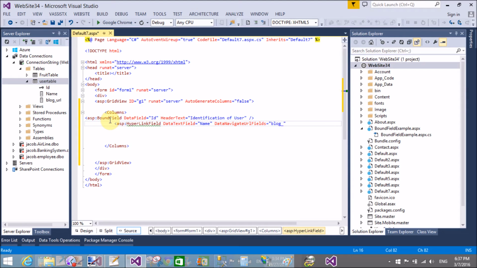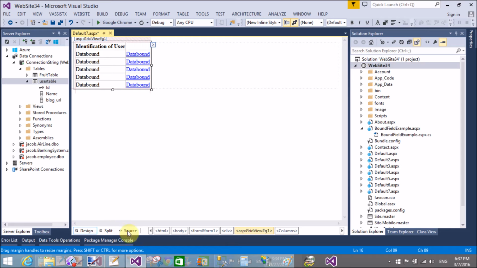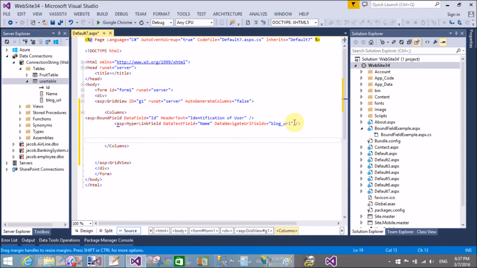So the data text field is bound with the name column of your table, and the data navigate URL field is bound with the blog URL column of the table. That's fine. When we click on the name, you move to the blog URL.